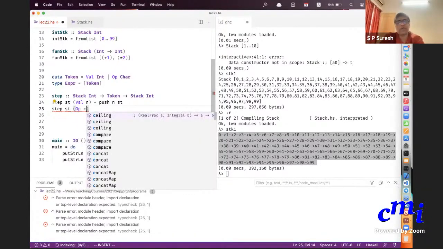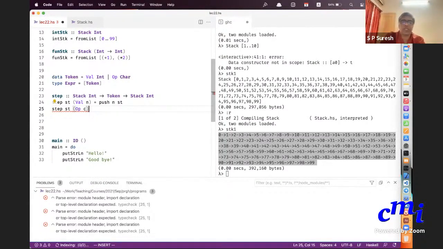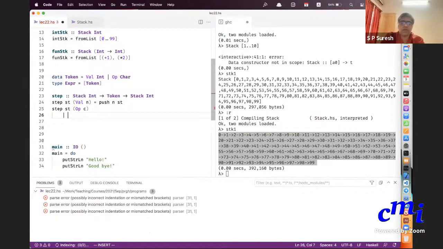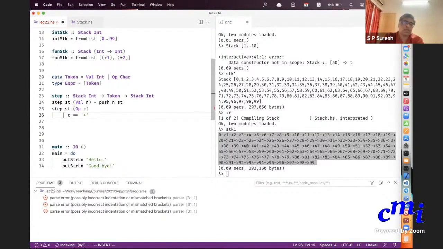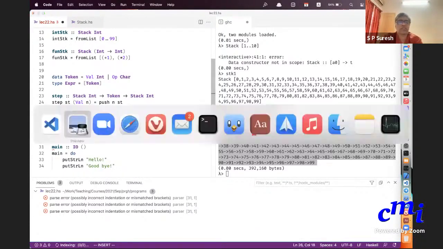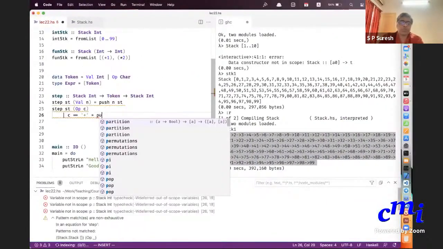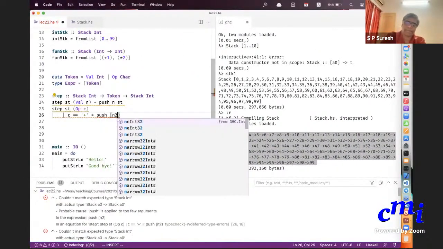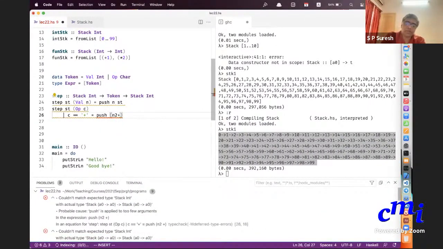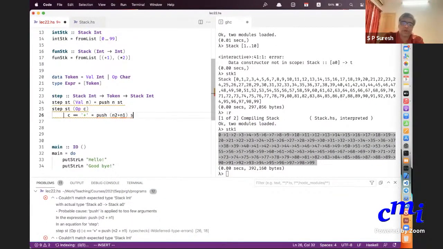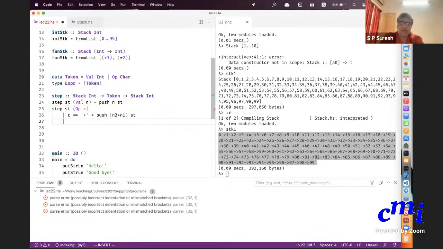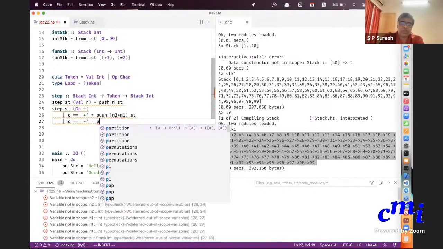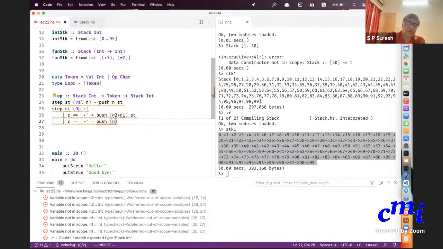If it's an operator which is given by C, then if C is plus, then I shall push n2 plus n1 onto the stack. What is n2 and n1? We'll come to that in a minute. If it's minus, I should push n2 minus n1 onto the stack.